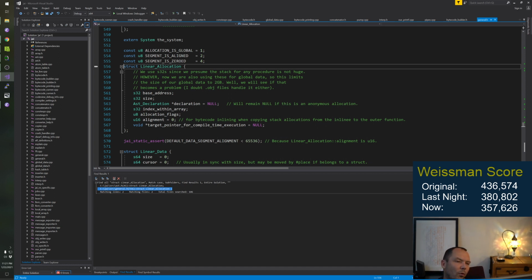We could add an extra pointer to this that goes back to the linear data structure. How big is it?